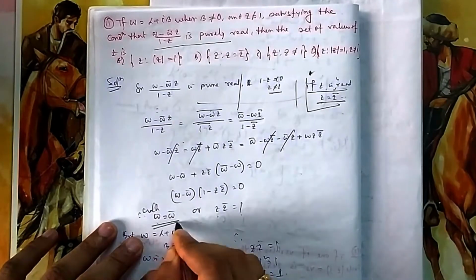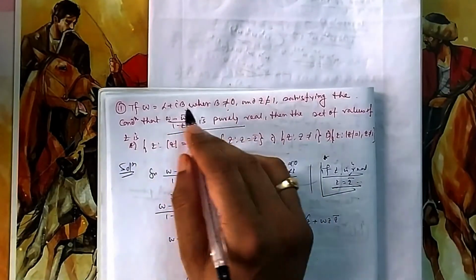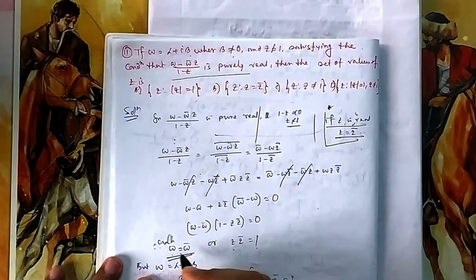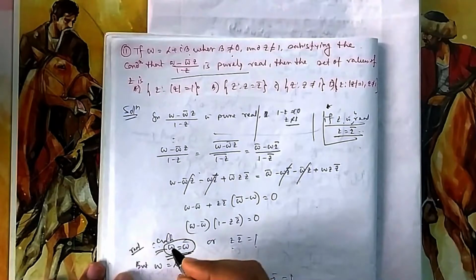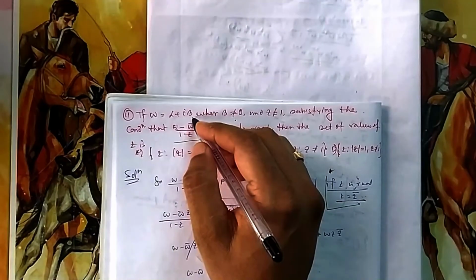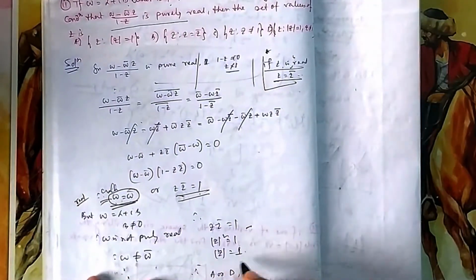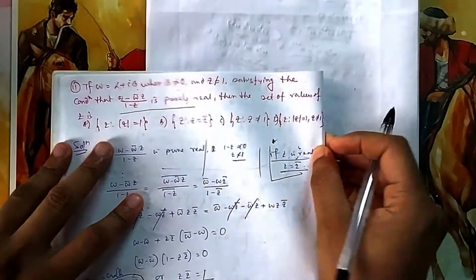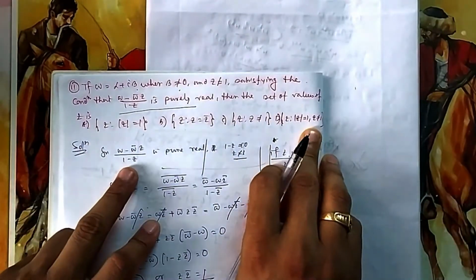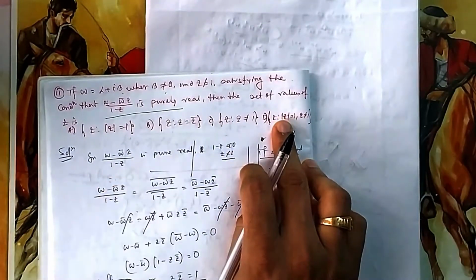Now this cannot be, because they have told you omega where beta is not equal to 0. Omega always has an imaginary part. If it has an imaginary part, then it cannot be real, because the condition for omega to be real is beta equal to 0, but it is not possible here. So obviously this will be equal to 1. This means mod z square is 1, that means mod z is 1, that means you have either A or D, but z cannot be 1. If z is 1 it becomes undefined, so D will be the proper answer.